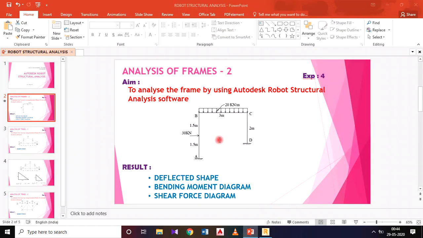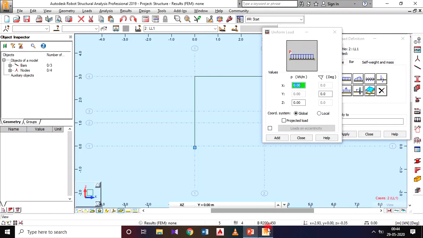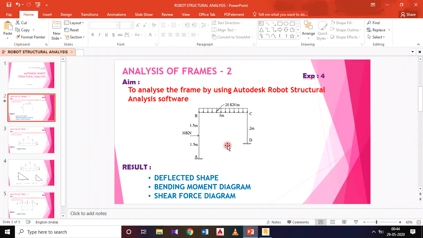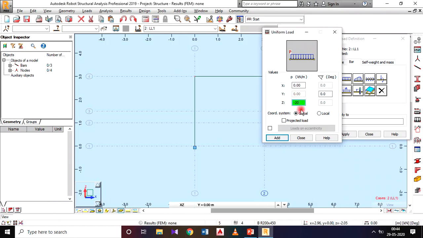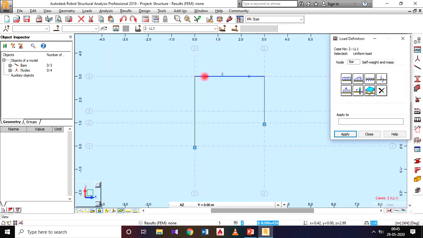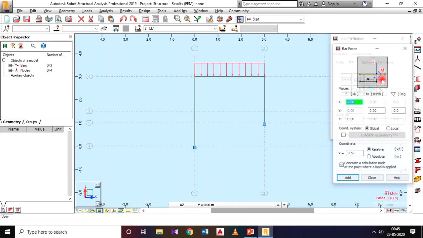The intensity is 20 kilonewton per meter. The intensity is going downward, minus 20 in the vertical plane. Okay, minus 20, because going downward. You can take that one as a local coordinate system, add, and place it like this. It's going downward.